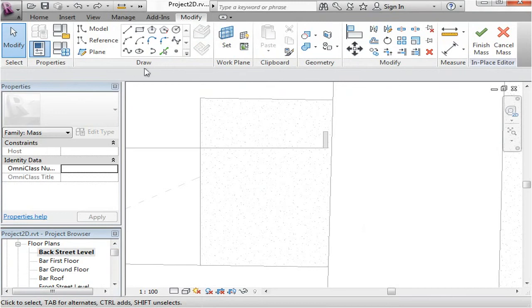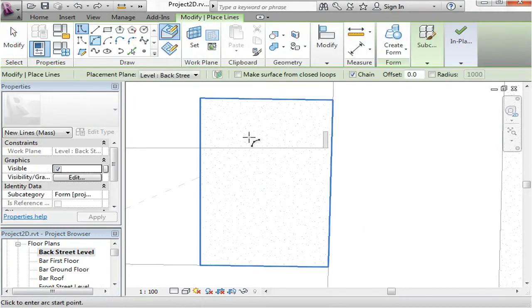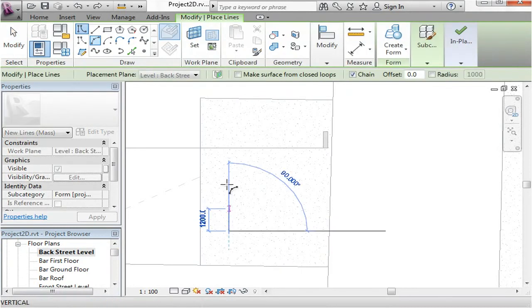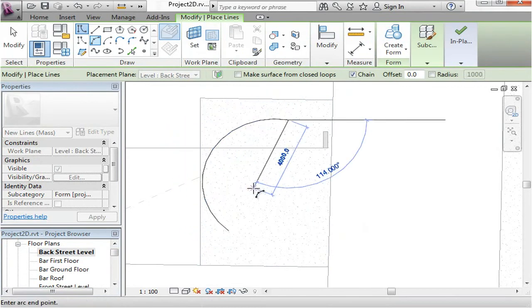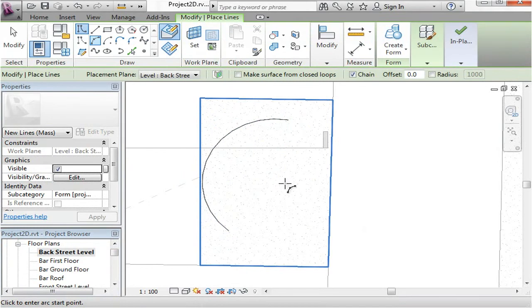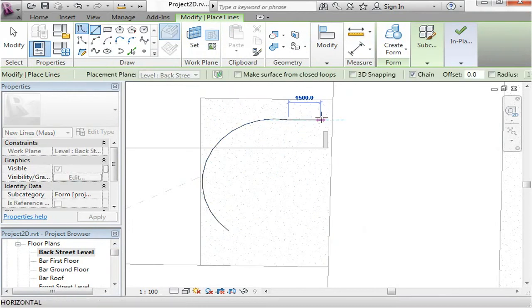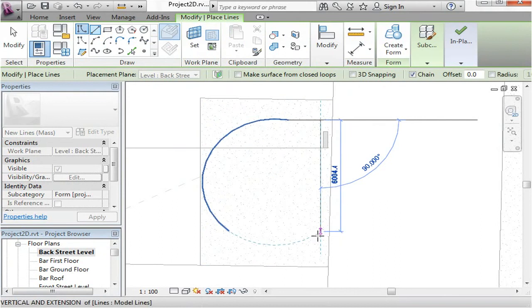Now I need to first draw a shape, and I do that in the draw panel. I'm going to choose an arc because I want a curved surface on one of the sides, like so. Now with every extrusion you need a profile, and a profile is just a closed shape, so I need to make sure that I have a closed shape here. So I'm just going to close this